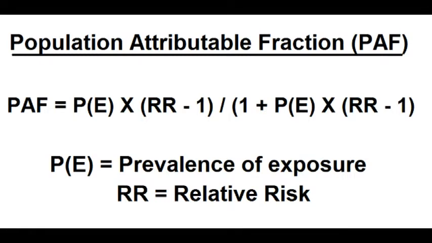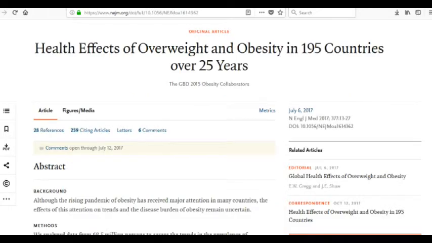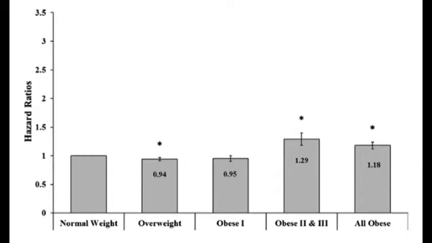This equation tells us how to calculate the percentage of deaths attributed to any cause. I'm going to use this to do a crude analysis of how many people are dying globally from the obesity epidemic. A paper in the New England Journal of Medicine estimates the level of global overweight to be 20% and obesity to be about 10%. Flegel et al. 2016, published in the Journal of the American Medical Association, will provide the relative risks of each